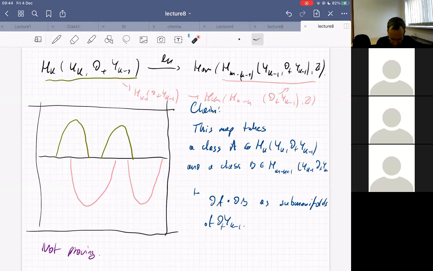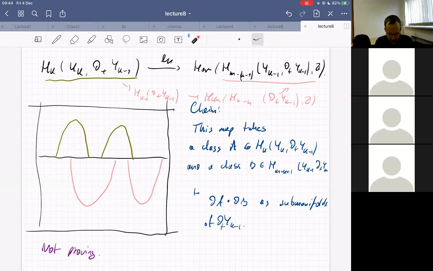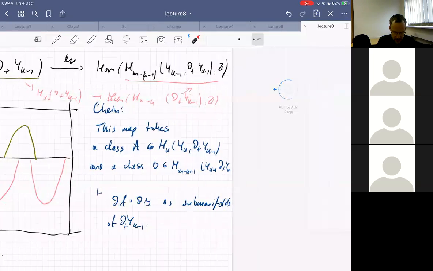But anyway, what is this intersection index? We have a class in here, which is the stable manifold. We have a class in here, which is the unstable manifold. So the intersection index of dA and dB is precisely the signed count of trajectories. Okay, so if we prove that this map is the intersection index, which we don't prove, then this immediately tells us that under the isomorphism